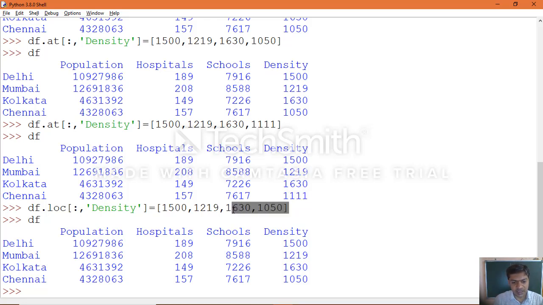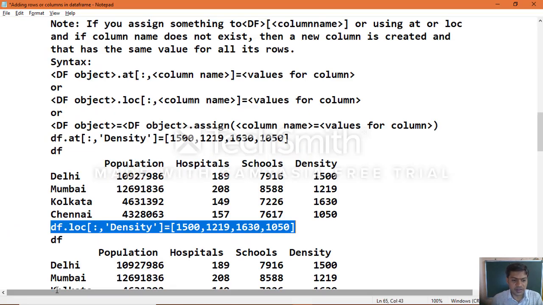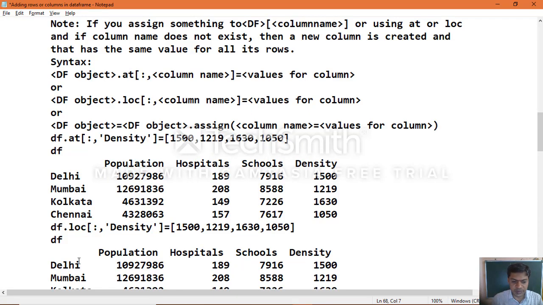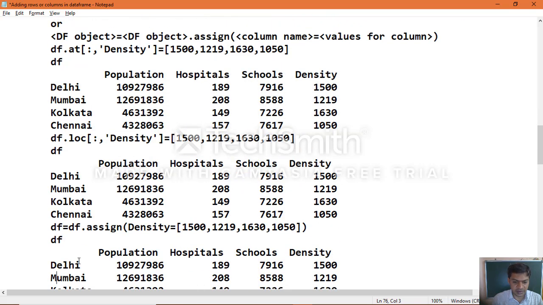Based on this data you can see the change in the last value of your density column, which is replaced from 1111 to 1050. So that is how by using the loc attribute you will be able to make changes to your data frame object column. Same way, the third type of attribute which we use is assign.